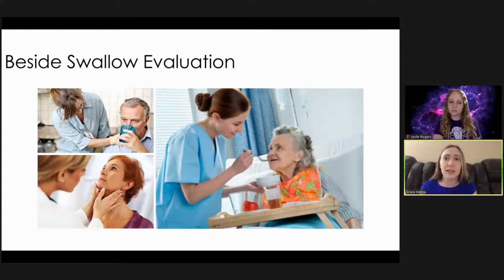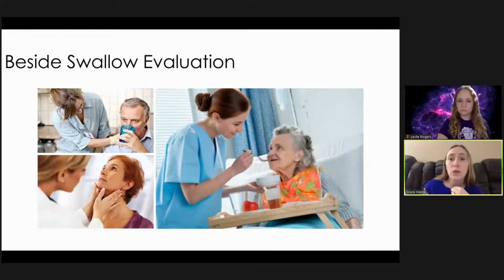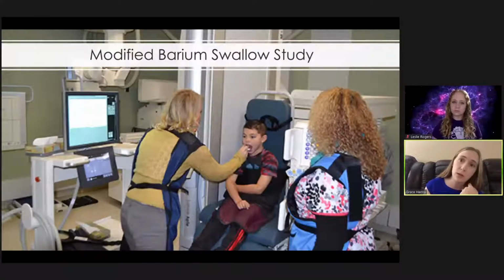And we provide a bedside swallow evaluation, as well as check for their cognition, attention, and see if there are any other issues going on. If there seem to be issues with different consistencies of food or drink, we need to perform an MBS, a modified barium swallow study. It's like an X-ray video where we can see what's going on, what's happening,